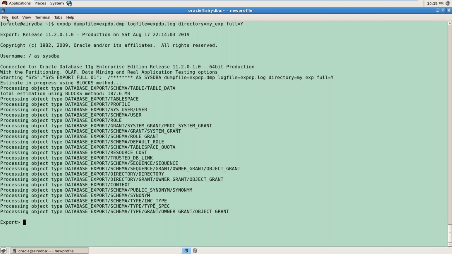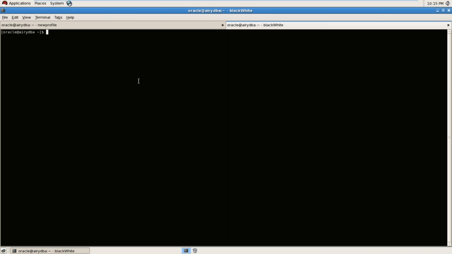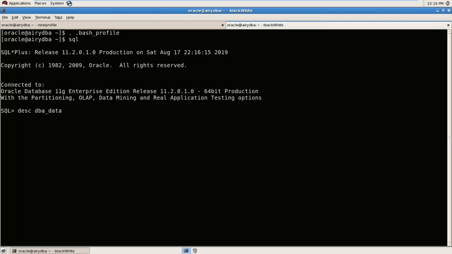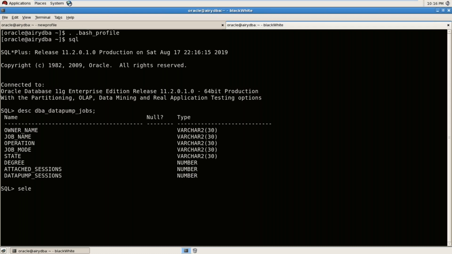You just see, in SQL, DBA jobs, right? So select, set line, set